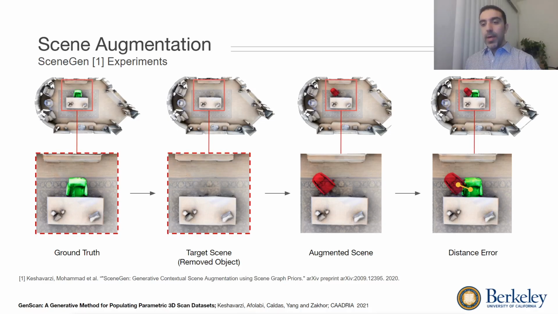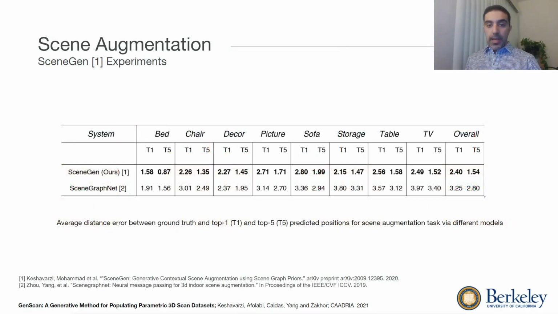In our performance evaluation experiments of SceneGen, we measure the distance error between our augmented prediction and the ground truth. The experiment process is illustrated in the slide from left to right, where we start from the ground truth scene, we take out a target object, we then feed the incomplete scene to our system as an input and query the best position and orientation of the removed object. Finally, we measure the difference between our calculated arrangement and the ground truth. As you can see in this table, our system outperforms current state-of-the-art systems in nearly all object categories for the